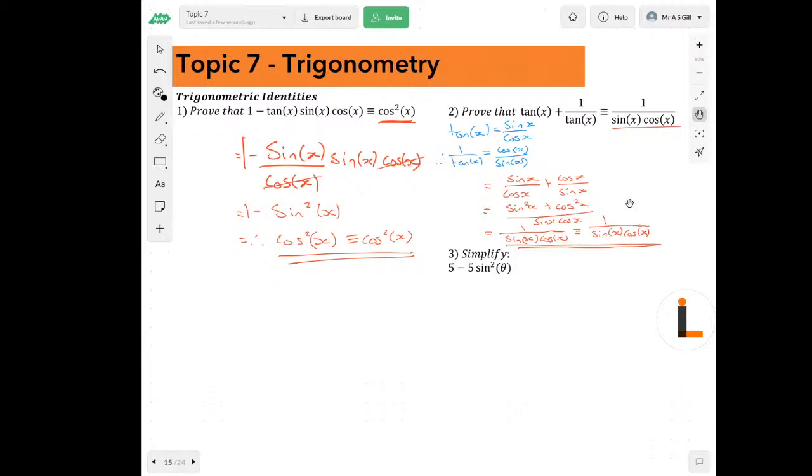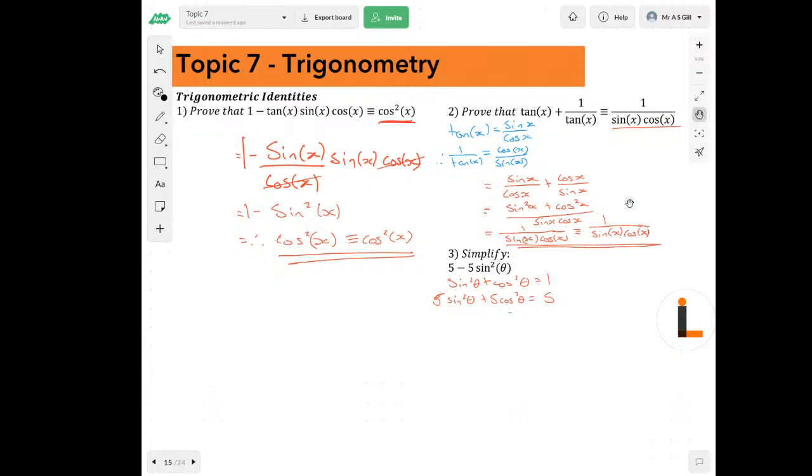So we know that sine squared plus cos squared, let's put the theta in there, is equal to 1. And we said earlier we can multiply and change the coefficients as long as we stay consistent throughout the identity. So we can get 5 sine squared theta plus 5 cos squared theta is equal to 5. And then if we rearrange this,